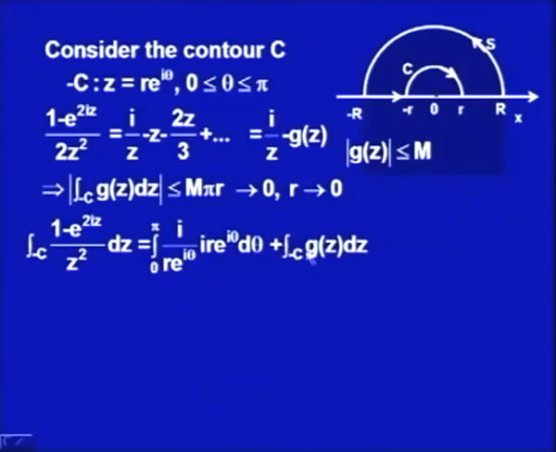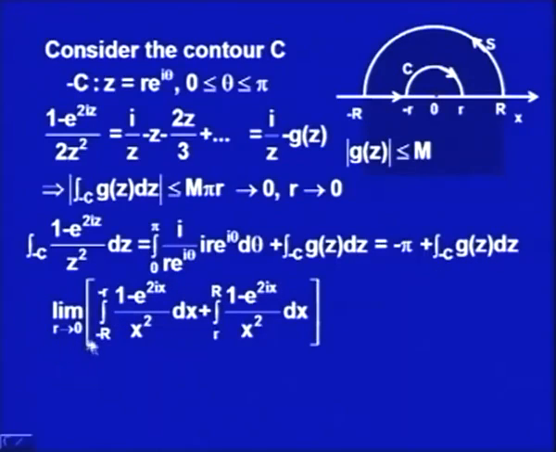Just now we had shown that this integral approaches 0 as r approaches 0. And what will happen to this integral? The r e to the power i theta and r e to the power i theta terms cancel out. What we are left with is i square, that is minus 1. So, the integral from 0 to pi of minus 1 with respect to theta is minus pi. So, what we are getting is the limit of this as minus pi plus this one, and now we take the limit as r approaches 0. What we get is that this integral would be minus pi only,